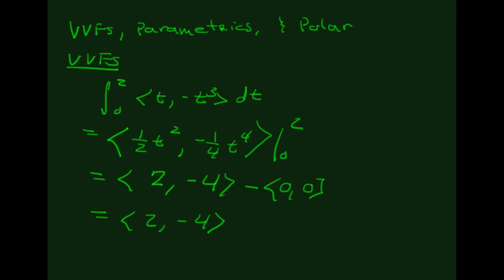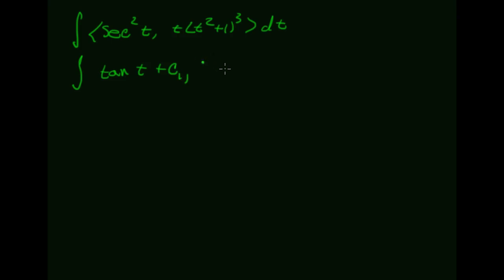Let's take a look at another example. Okay, so let's say I want to take the indefinite integral of the secant squared of t, and then t times t squared plus 1 cubed dt. Okay, so the first one is easy. That's just the tangent of t plus some constant. So we'll call it c1. So let's back that up a minute. I'm being a little bit quick here. This is going to be tangent of t plus c1, and then I have to take the integral of the second part here,